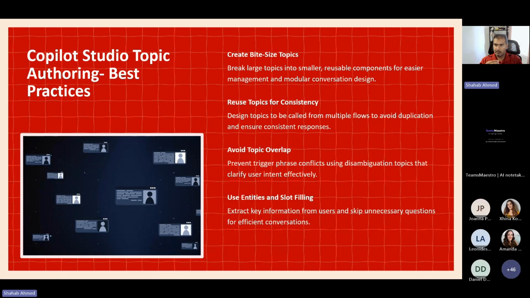So that disambiguation needs to happen from an author, so ourselves, as we're writing out these bots, right? You do have the option of using disambiguation topics that ask clarifying questions and then route users to the appropriate topics based on the responses. So for example, if there is something small around time, you can ask, hey, are you looking to book a vacation, or are you looking for, I don't know, a Houston time zone conversion or something, right? Having those in place helps a lot.